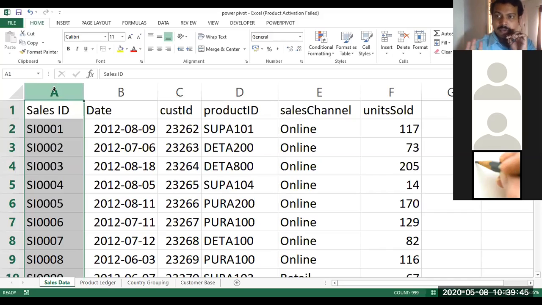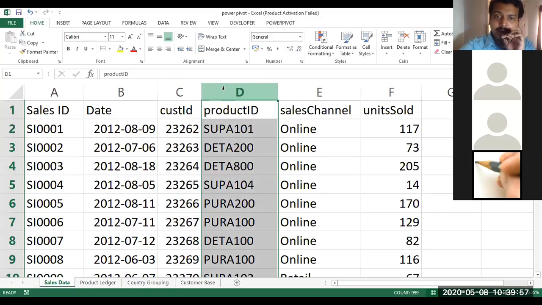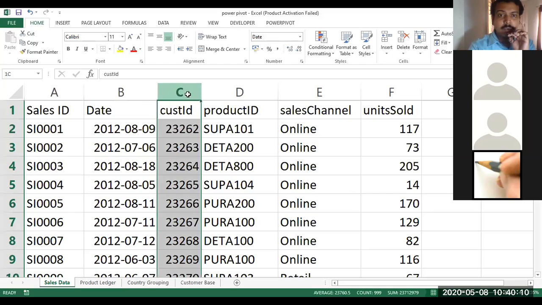Sales ID meets all those three, fine. Will customer ID meet all these things? Yes, of course. Customer ID is also going to be unique. There cannot be any duplicates and there cannot be blank or zero. Can product ID be a primary key? Yes, of course. Now in that case, can we say that there are three primary keys in a table? No, because in database management, a table can have only one primary key. But there are other two keys which also qualify to be a primary key.